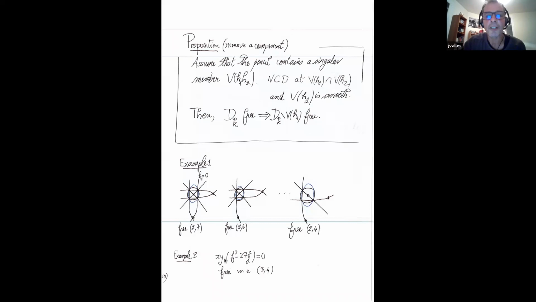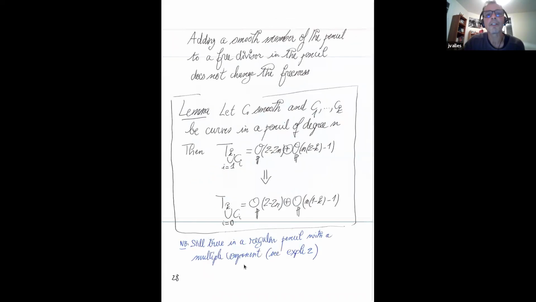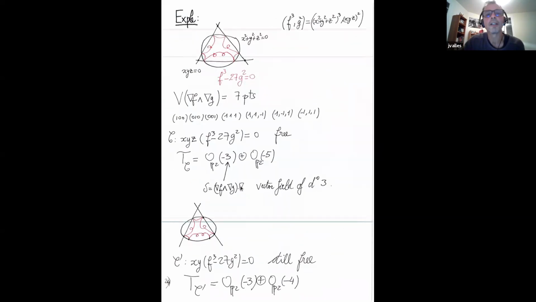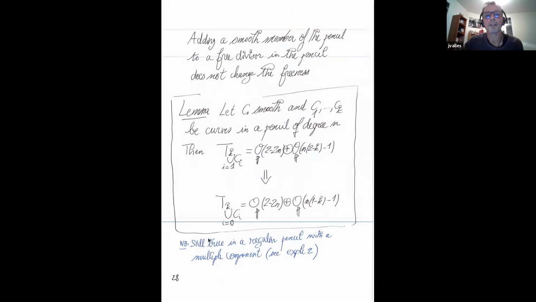And this example, XY F3, the last one, is this situation. So we have this triangle and we have the red one, and the union of the triangle and the red one is a free divisor. H2 is given by these two lines, H1 is given by this line. The intersection is a normal crossing, a good intersection, they intersect transversally. So you can remove this H1 and keep only the two sides of the triangle and the red curves, and it is still free, thanks to this last lemma.